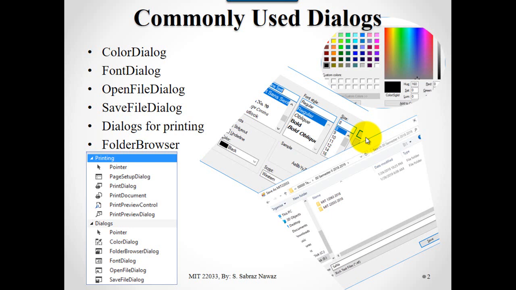So we have to remember, open file dialog we use to detect the location, not the saving or the opening of the file. The function of opening a particular document or file is done by the program, the code that we write, but the open file dialog just shows the location from which we are going to pick the file. And save file dialog, similar to open file dialog, it detects the location where we want to save the file